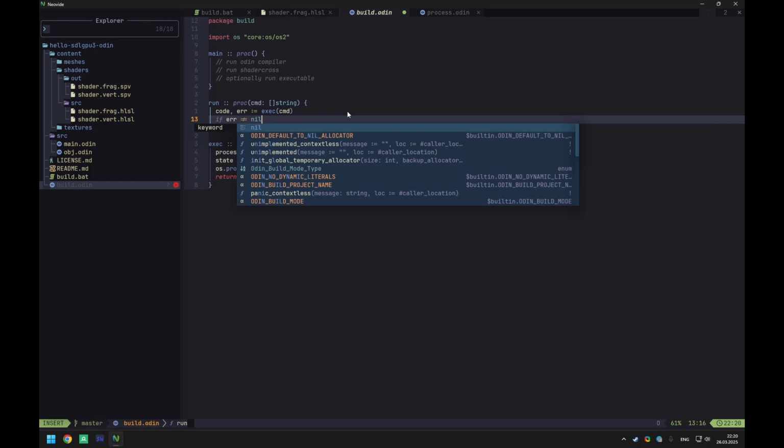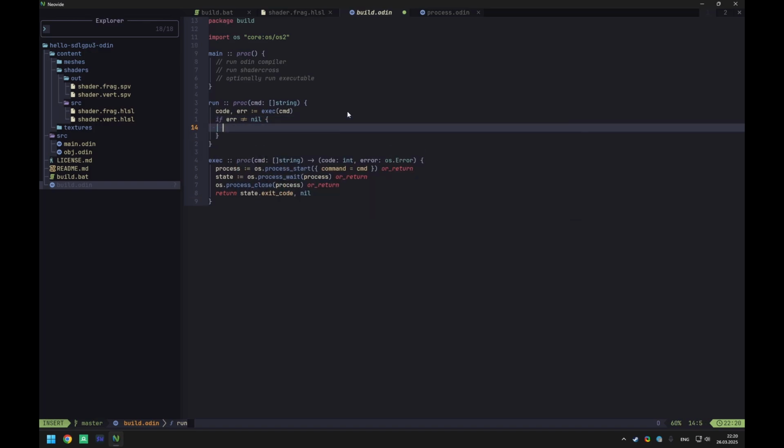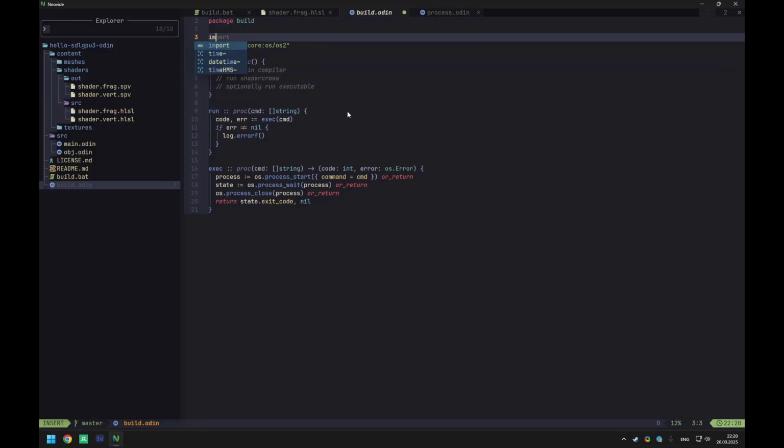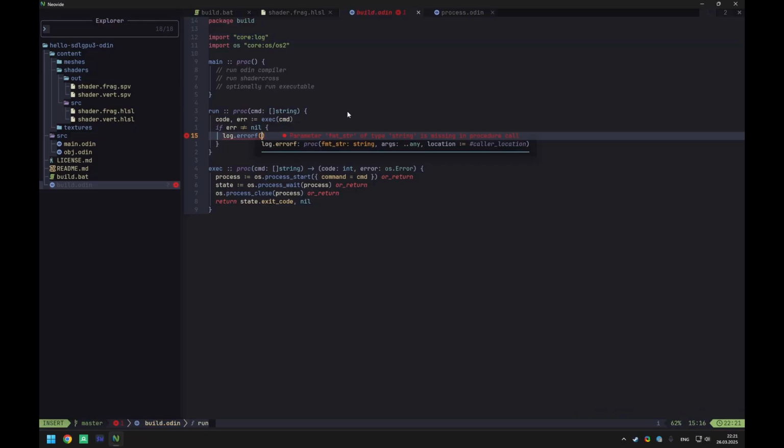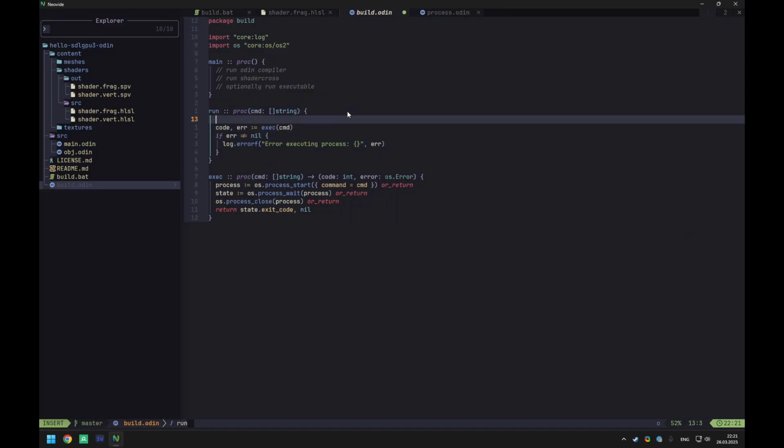So if it's there, then we just will log error f, right? We need to import the log, so maybe import core log error, executing process, and just print error. Maybe we also want to log some information that we actually are running this command, so